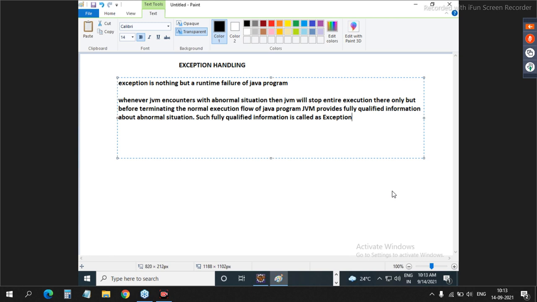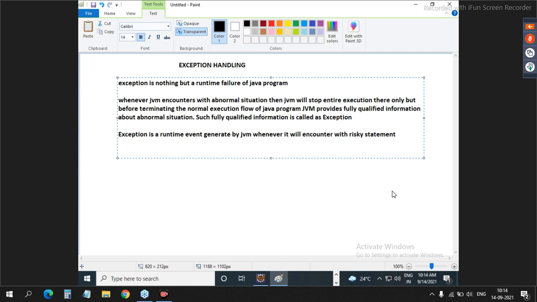So, in other words, we have one more way to define an exception: an exception is a runtime event generated by JVM whenever it encounters a risky statement.